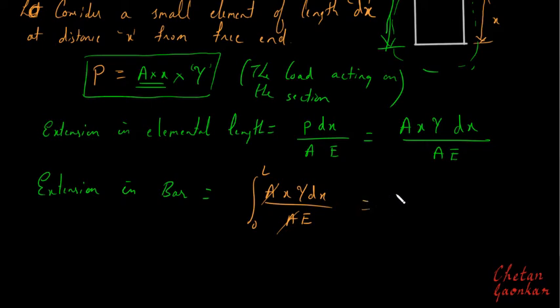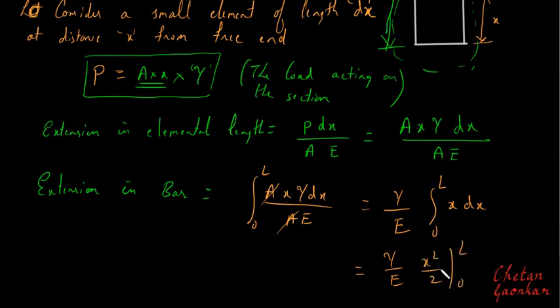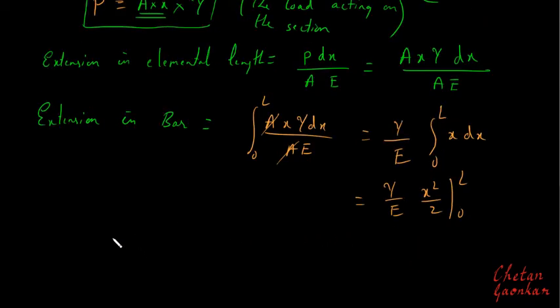So basically if I remove this constant gamma and E outside, I have here the integral of x with respect to dx from 0 to L. So basically I will get this as x square by 2, and the limit goes from 0 to L. So I get the extension in the bar as gamma L square divided by 2E. So this will be the extension in the bar